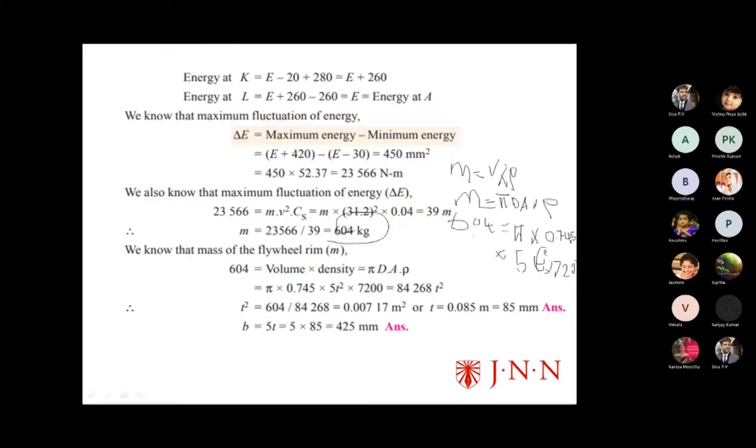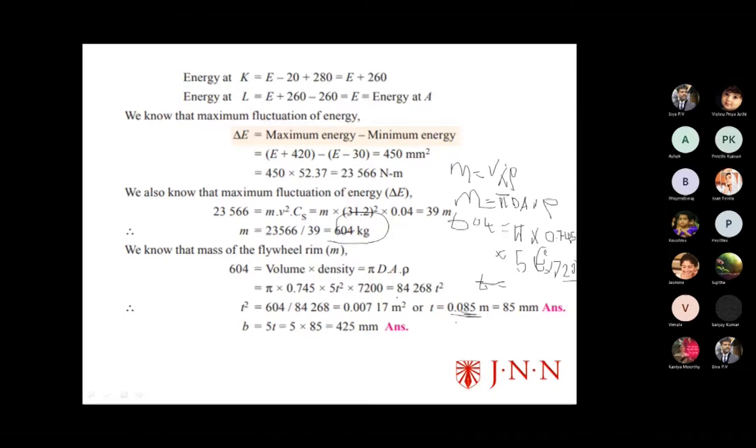So 604 divided by pi into 0.745 into 5 into 7,200. Finally, after simplifying, you will get the t value equal to